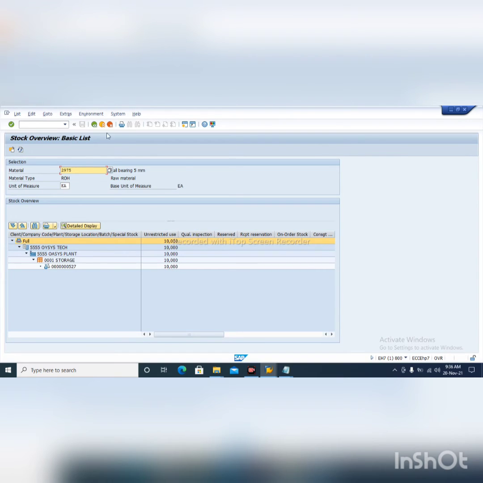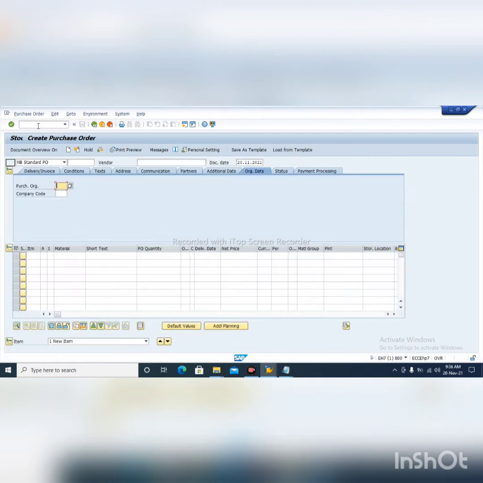It is my stock. If you want to check what is the value of this 10 item stock, then where can you check? Slash n ME23N, display PO.